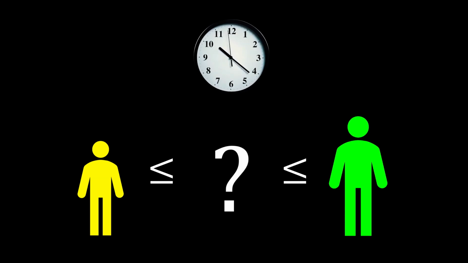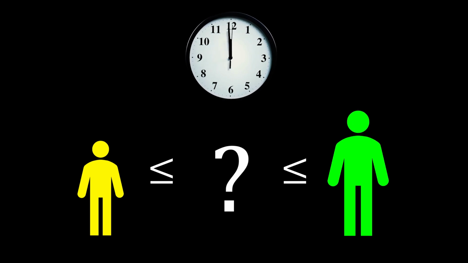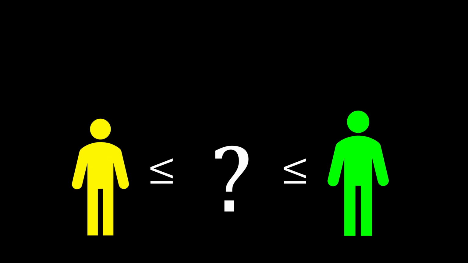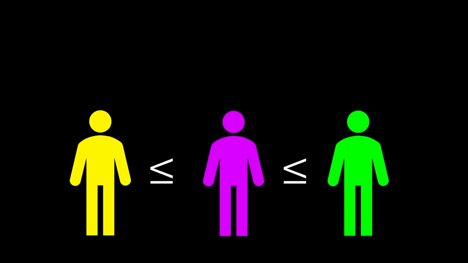As time goes by, let's say the height of the first brother becomes 2 meters, and the height of the third brother also becomes 2 meters. Now, what would be the height of the middle brother? The middle brother, like a sandwich, must be shorter than or equal to the first brother, and taller than or equal to the third brother. If both the first and the third brothers are now 2 meters tall, then the middle brother has no choice but to be 2 meters tall as well.